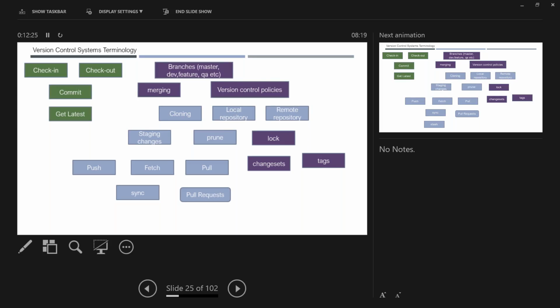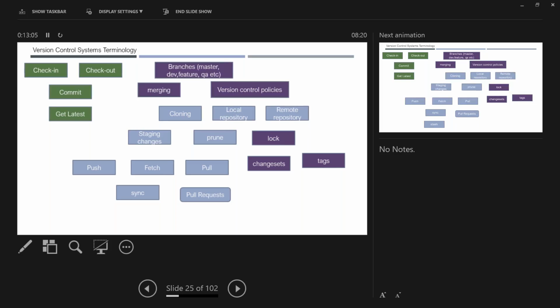And then pull requests, this is a very important thing when you're using any distributed version controlling system. This is nothing but the code reviews that happen actually. So if you're using the traditional way of development, you basically write some code as a developer, and then you ask your team lead or someone to review your code, right? Either they come to your desk and review it, or you use some tool to send changes to him and then he will review. The other way is you email the code to them and then he will review and then he will say yes sir, okay.